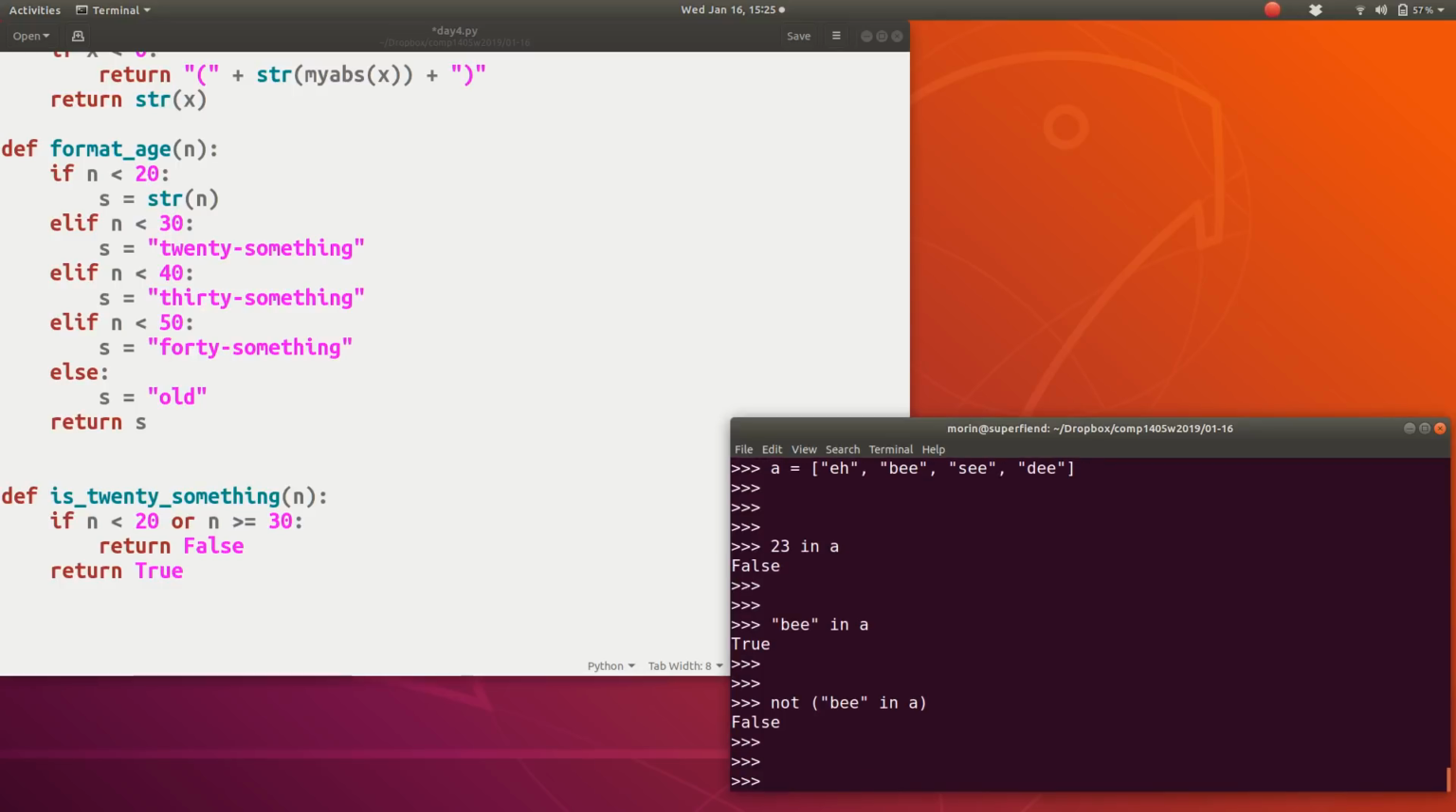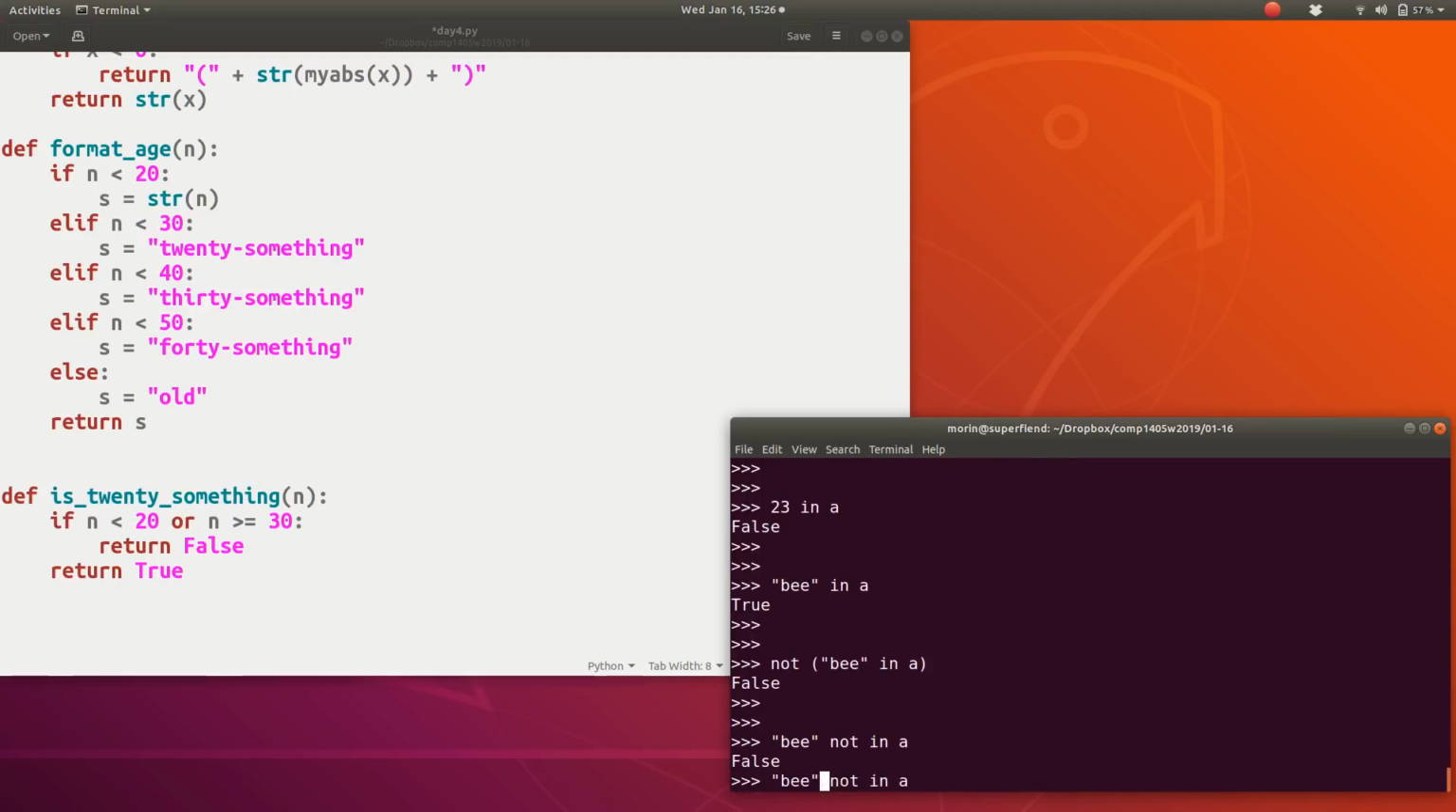And Python weirdly did some stuff that I don't actually like so much, but somebody decided it should look more like English, and so you can also write, is B not in A? That's false, because B is in A. Is 23 not in A? That's true, 23 is not in A. So you can do that too. I find that a little confusing,